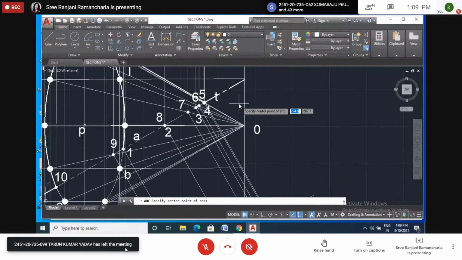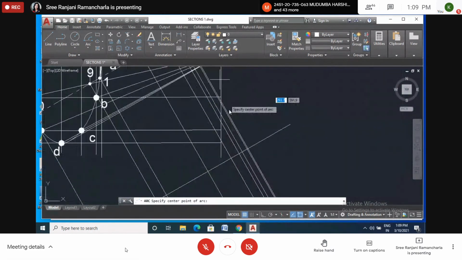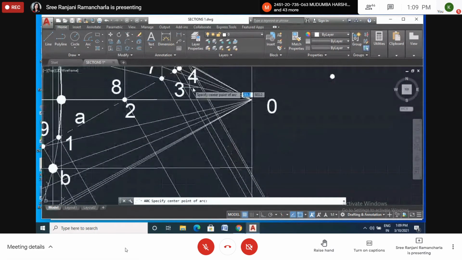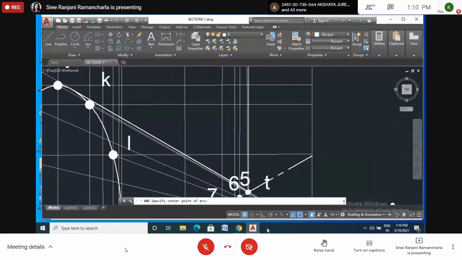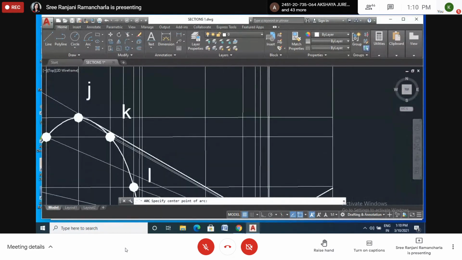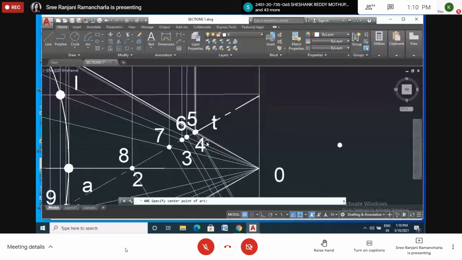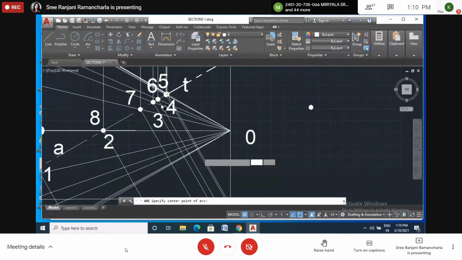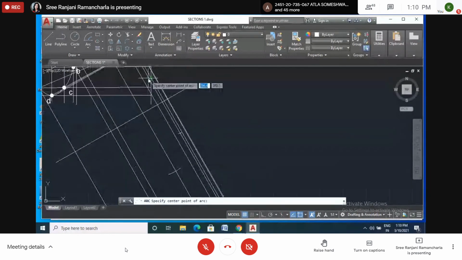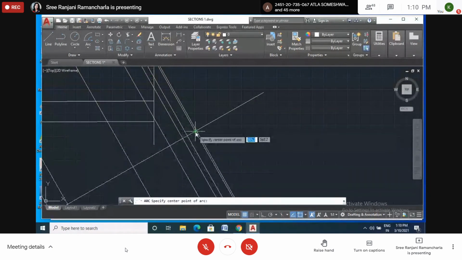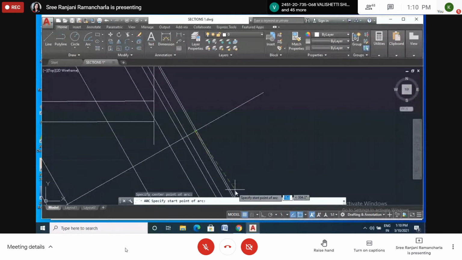KO. So 11.9 we measured. So KO, this is this line. KO line, where is KO line? The middle line. Yes, this is the KO. Let's see. Center 11.9.